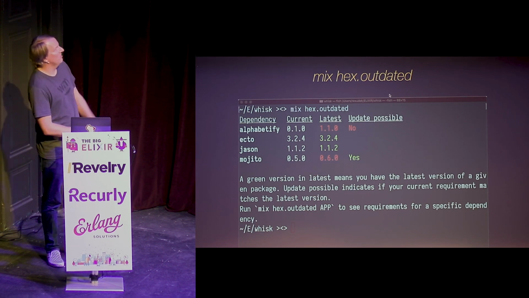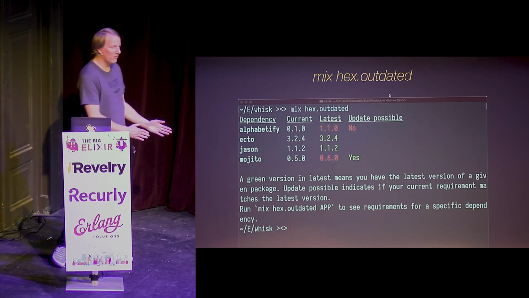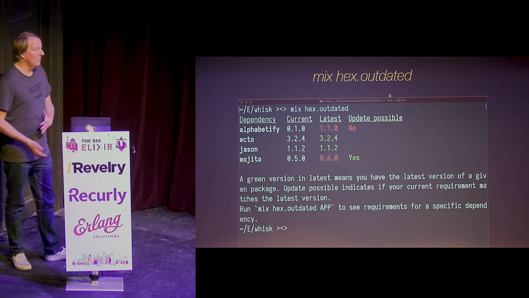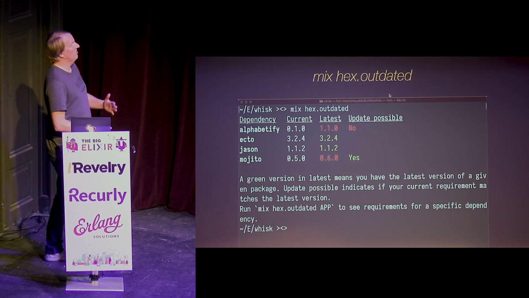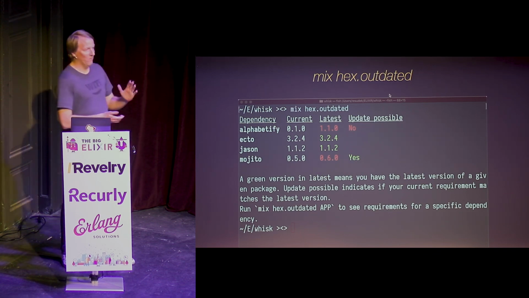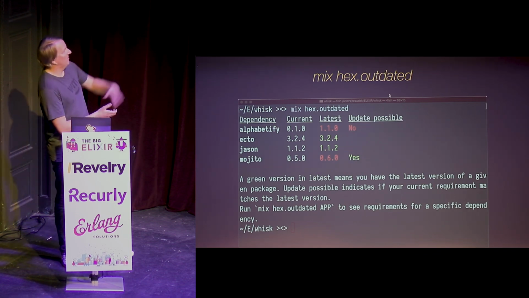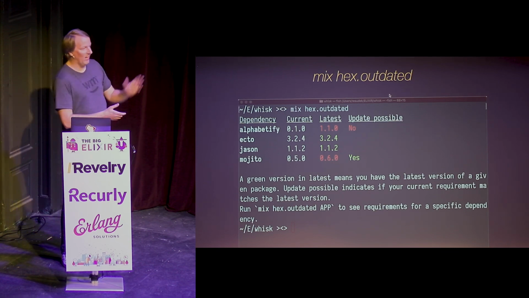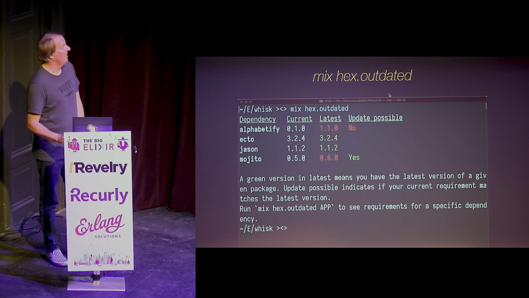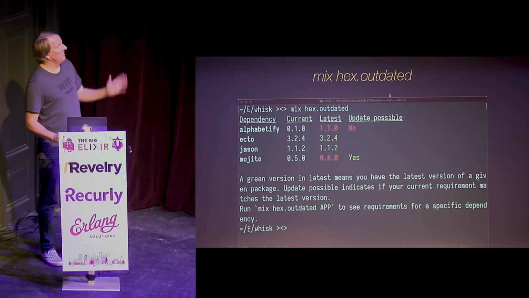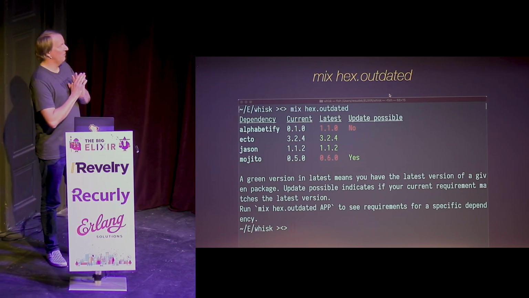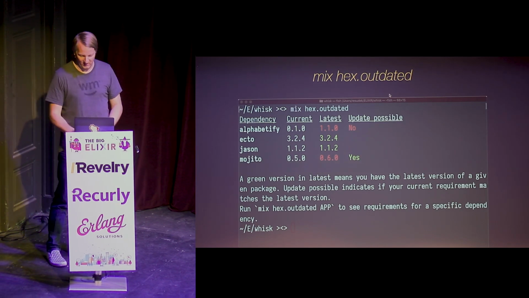So the yes and no is not like there is no path for you to upgrade. It means that the rule that you specified in your mix.exs file says that I don't want to be able to just willy-nilly update to major versions, or if it's a 0 release, maybe you'd say I don't want to update minor versions without my intervention first. But mix hex audit, mix hex outdated. If you do these, you'll be an excellent steward for your application.